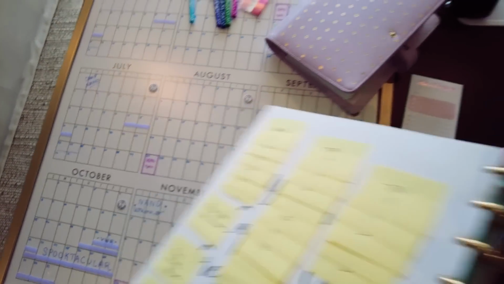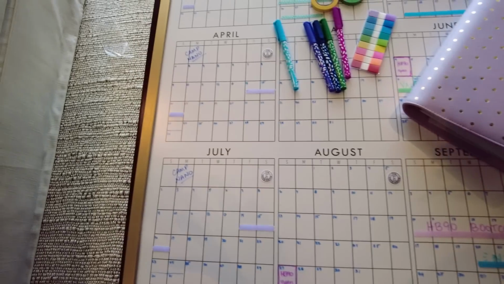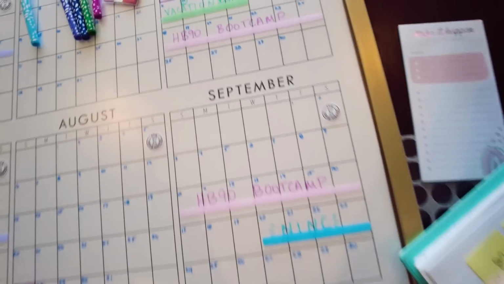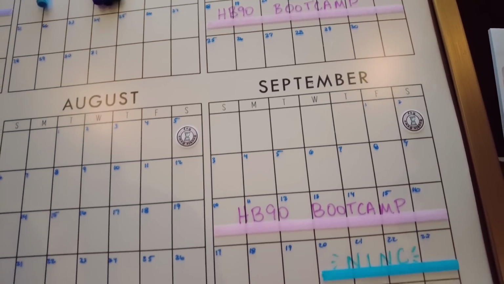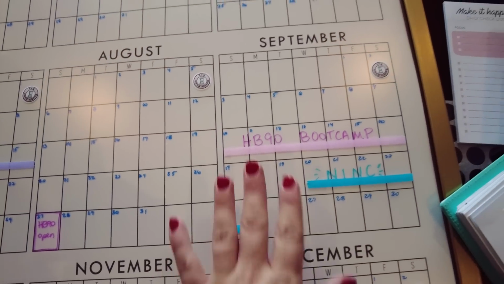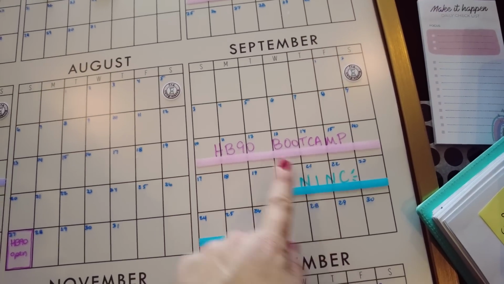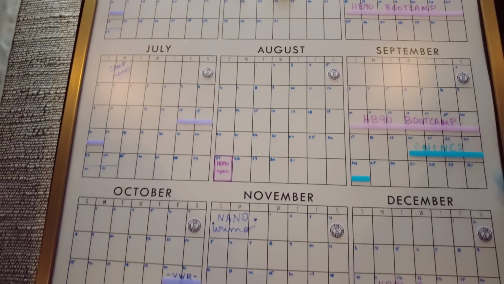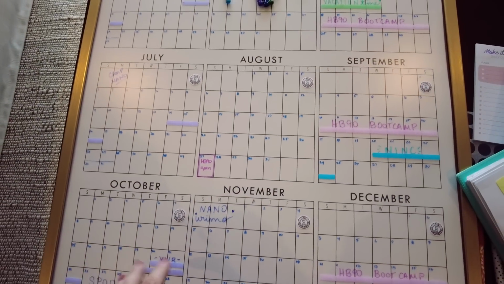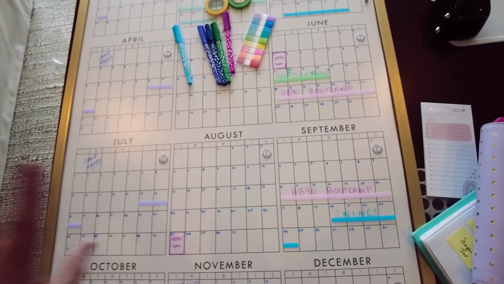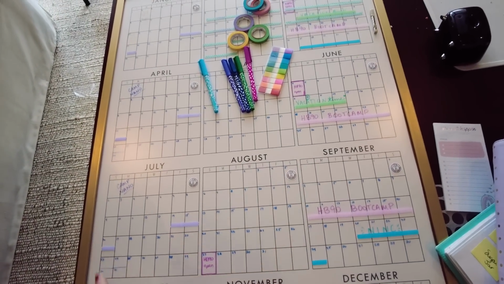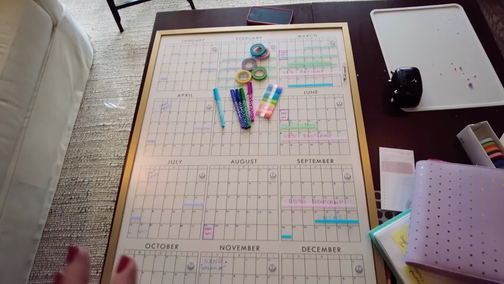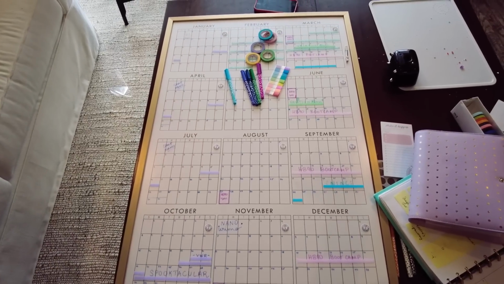Then I set up my yearly calendar with all of the big dates. Now, I haven't gotten granular here with every single YouTube video or every meeting or anything like that. It's just the big things, like I'm going to the NINC conference this year. When are the HB90 boot camps? When are the double down days? Just kind of the big picture stuff, like vacations or time off, or when does Renee have a week off, those kind of things, so that I can just reference them very easily when I'm looking up from my desk.